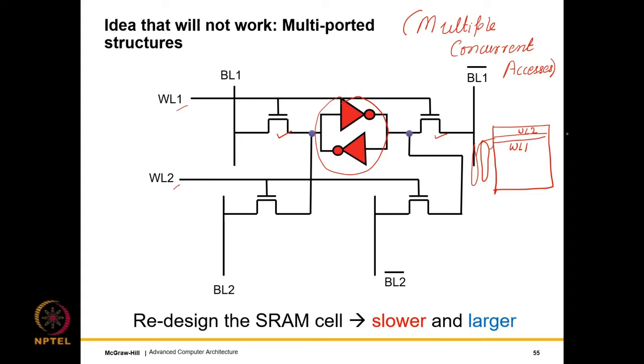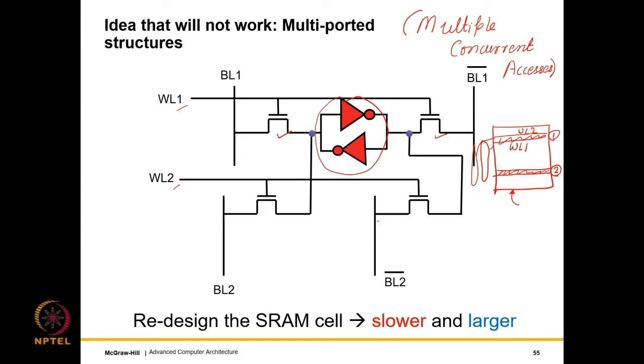So we can still access the same row, but we can access 2 different rows because the first row we can activate word line 1 and bit line pair 1. So then we can read or write this row. And the second row we can do the same. We can activate word line 2 and bit line pair 2 and we can access that row. So let's say one row is this one and the other row is this one. So the top one can use word line 1 bit line pair 1 and the bottom row can use word line 2 and bit line pair 2.